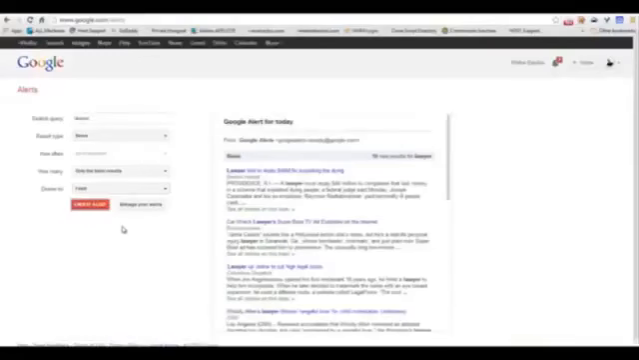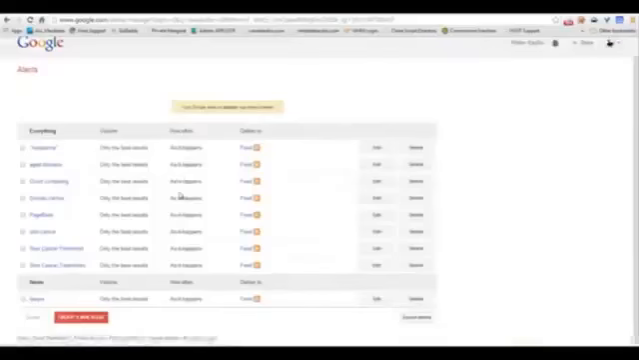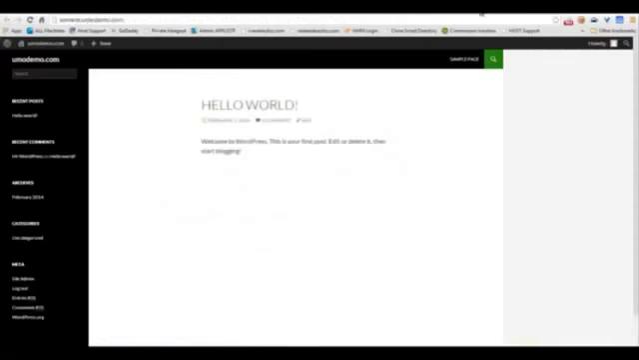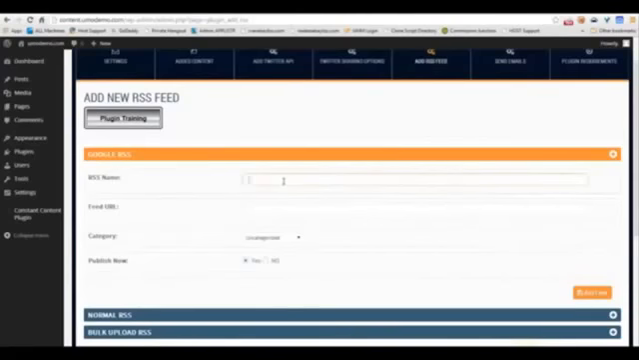So then I just click on Create Alert, and that's now there in the system. I can see it under Lawyer. There we are. So now what I need to do is just simply copy that link address and drop it back into my plugin. RSS name, I'm going to put in here Lawyer, and the feed URL, there we go. Now you would obviously set up your categories, etc. Publish now, yes or no. I'm going to click on yes,